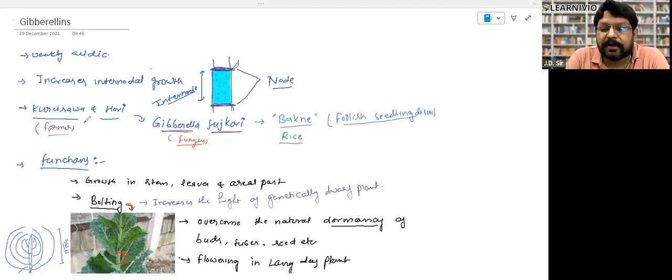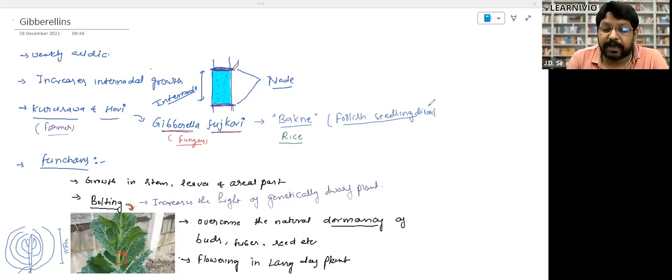Kurosawa saw that there is a disease which is very detrimental for rice production, paddy production, right? So he saw that in the rice field there is a certain kind of disease, and this disease is spread by a type of fungus. First, I want to tell you what that disease is. In the disease, the rice or paddy plants were healthy, like normal plants. Seedlings were there, but inside that seedling there was no seed, like no rice, right?